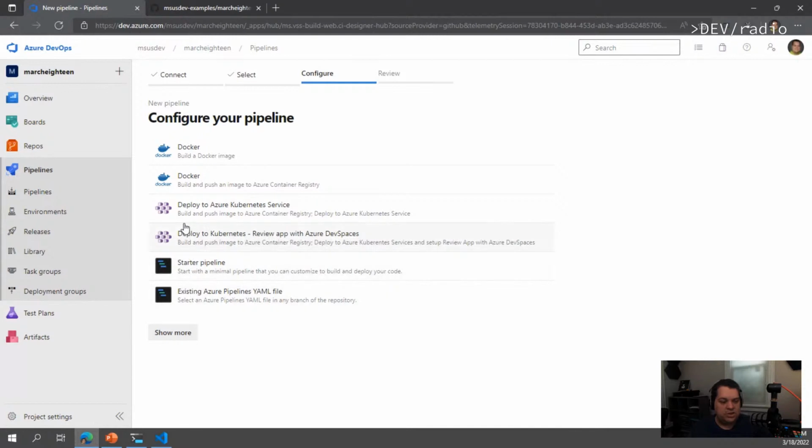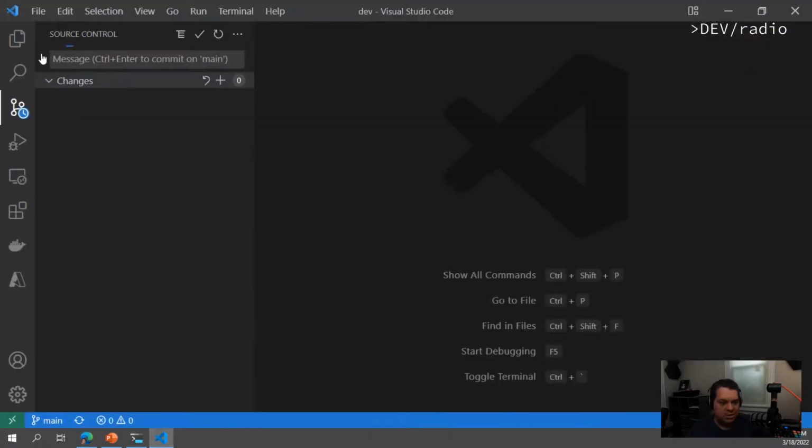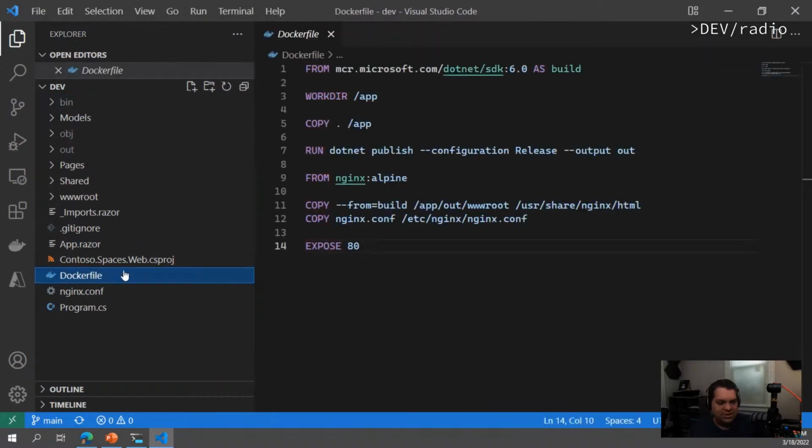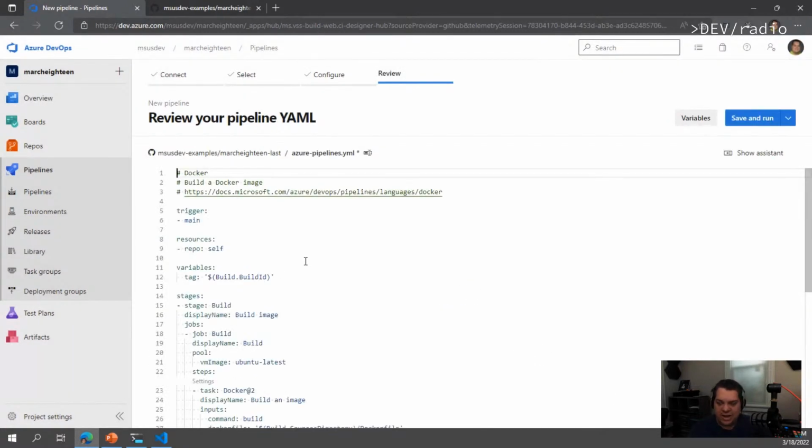And I'm going to go with some of its recommendations. So I can do a starter pipeline, or I can say, you know what? They have a recommendation on how to build a Docker image. So they said, okay, where's your Dockerfile? Well, they assume it's going to be in the root of your build sources directory, and it's going to be called Dockerfile. Let's check. Is it in the root? Yes. Is it called Dockerfile? Yes. Okay, that's a sensible default for me. Hit validate and configure,